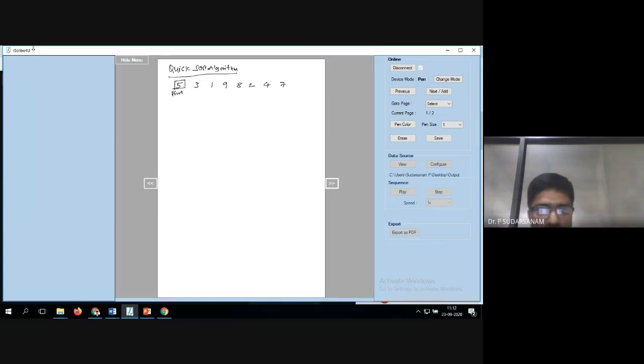Now the I loop starts from here and J starts from here. I will be moving from left to right, and J will be moving from right to left.